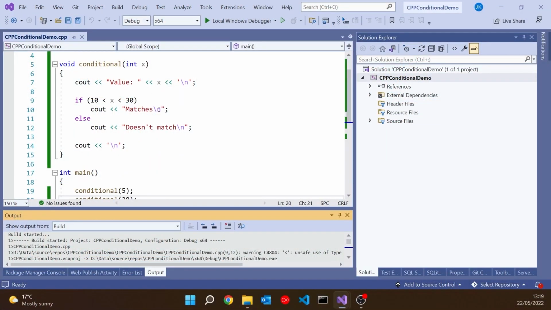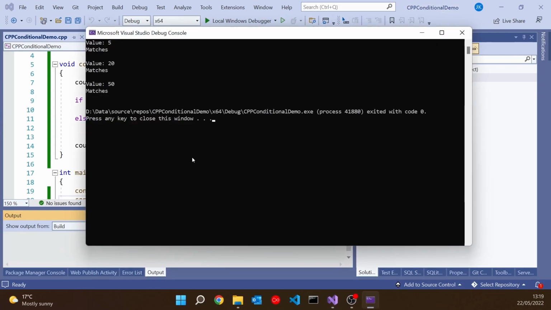Now, this has always been a bit of an oddity in C-style languages, because if we do that similar sort of code in C++, or indeed in C, then we get some really weird behavior, because here we've got that same sort of thing, our integer x, and then putting it in the range 10 to 30 and trying it with those same values, and it looks like everything's happy with that. But if I run that one, we can see that it actually matches every time. So remember, it should have been doesn't match, matches, doesn't match, but all of them match.